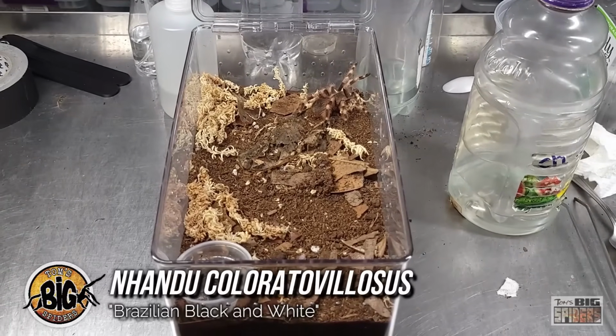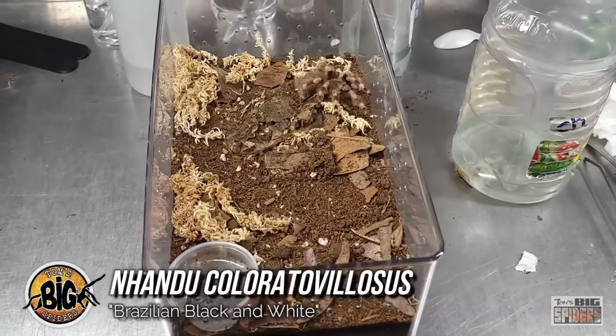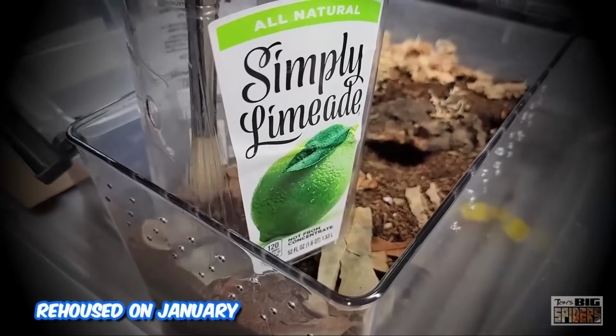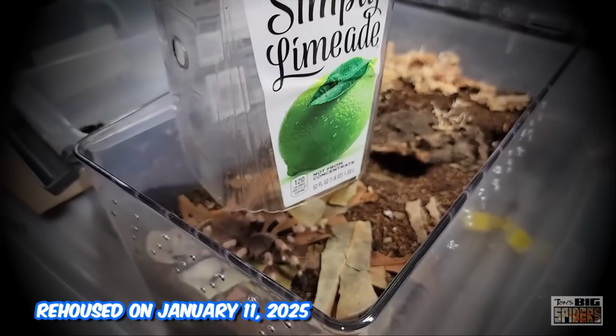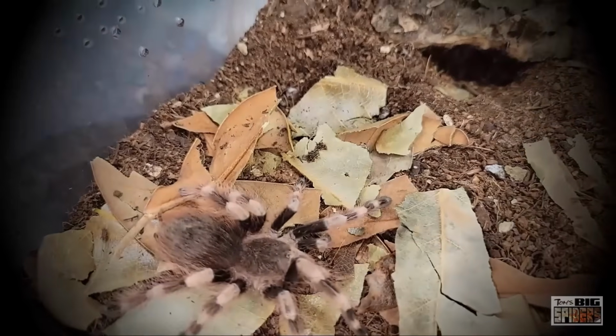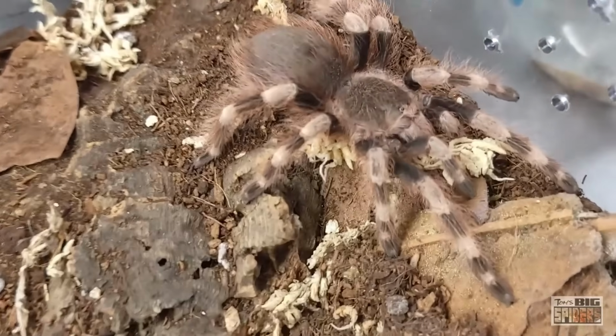All right, here's my Nandu coloratovillosus. I rehoused this one in January of this year, I believe January 11th. And at that time, she had outgrown her original enclosure, and she had burrowed her entire life. And after her last molt, she had actually filled in her burrow. So I was hoping to give her some more room to burrow in here. Unfortunately, she did not use it. Now, as we see here, as we get a little closer,